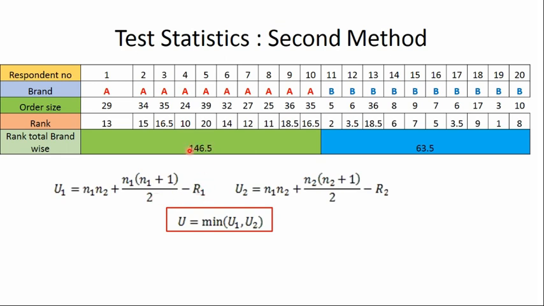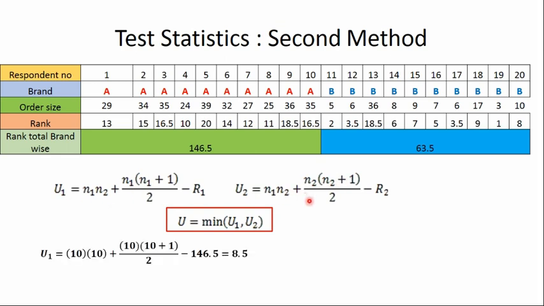For the first sample, R1 is 146.5. For the second sample, the second brand, R2 is 63.5. This is U2, N1 into N2 plus N2 into N2 plus 1 divided by 2 minus R2. We will take the value of U as the minimum of these two, U1 and U2.